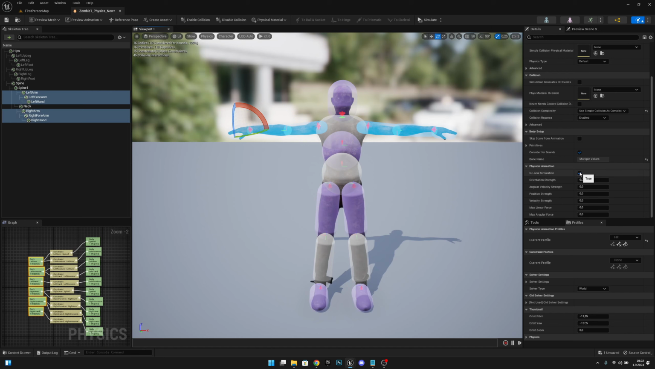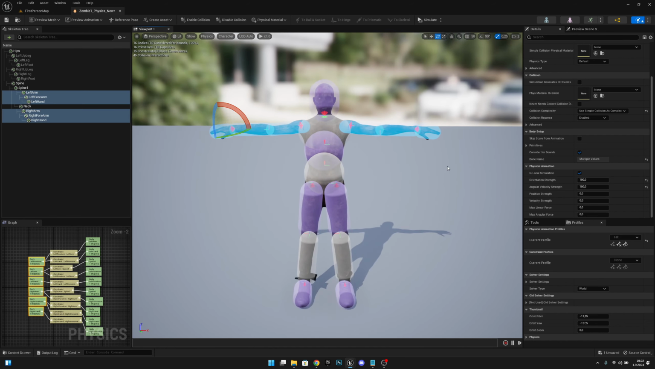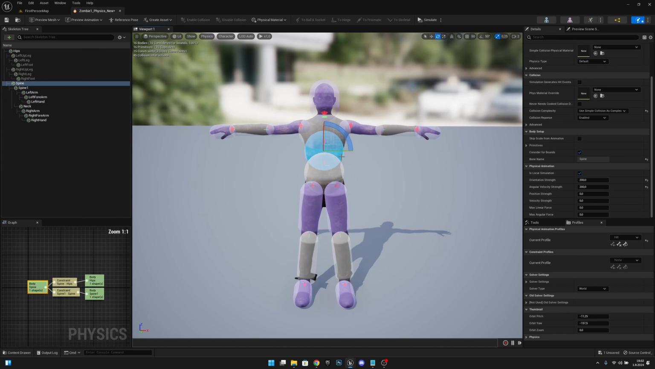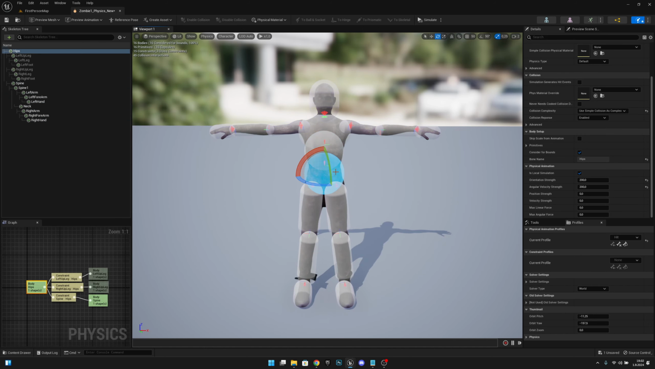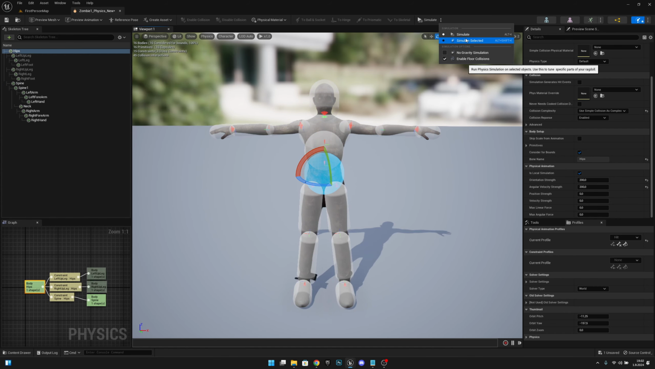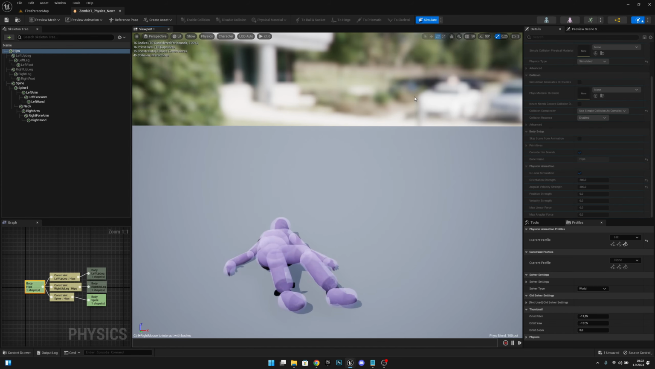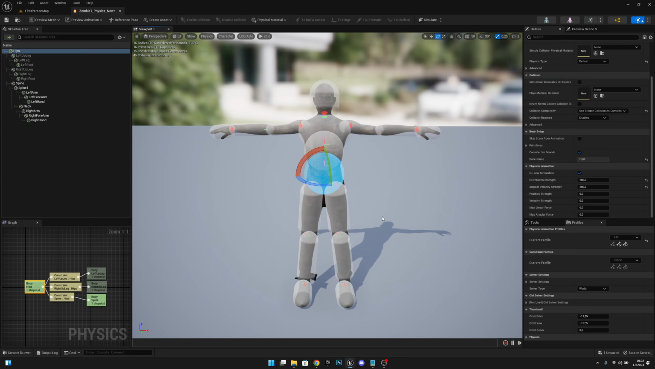Like that. Let's make the orientation strength 100 and angular velocity strength 100. Okay, the next thing we want to do is check how the animation looks now. So let's select this bone, spine bone. If we select the hip and press simulate selected, it will simulate the whole body because the hip is basically the root bone in this Mixamo